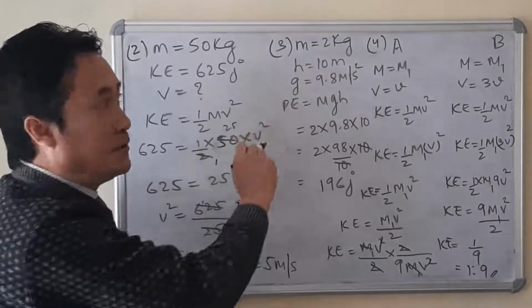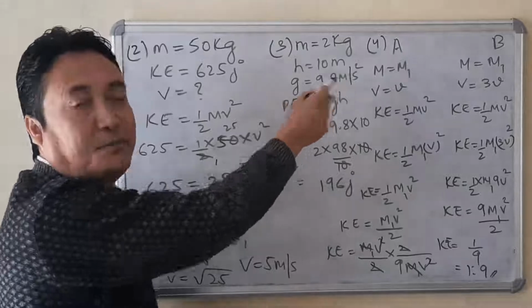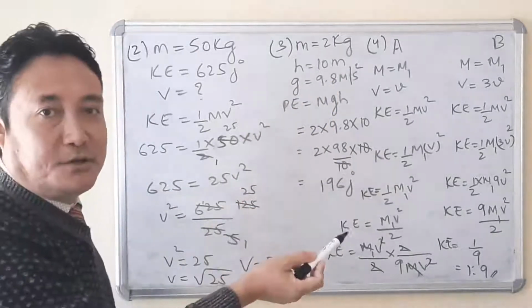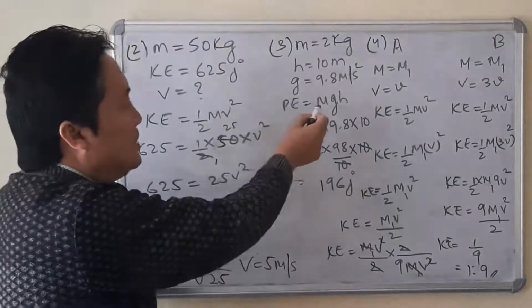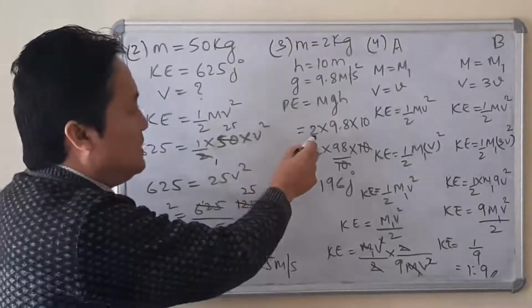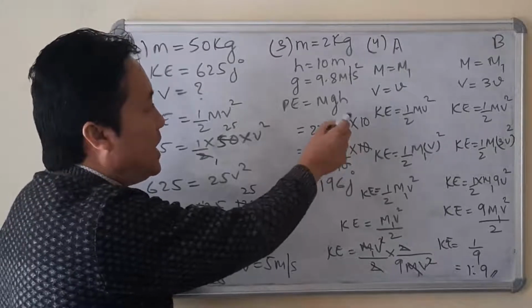Mass is given 2 kilogram, height is given 10 meter. Acceleration due to gravity g is given 9.8 meter per second square, which is mentioned in your question itself. So potential energy you have to calculate. PE equals mgh. So m is given 2 and g equals 9.8 into height, which is given